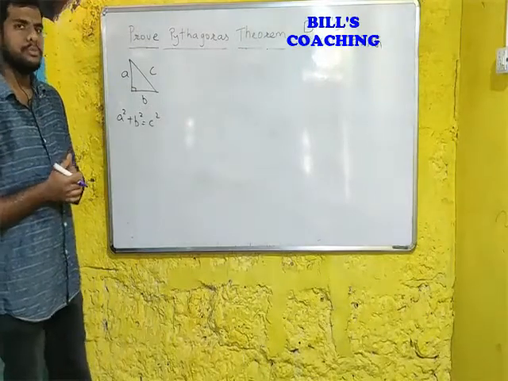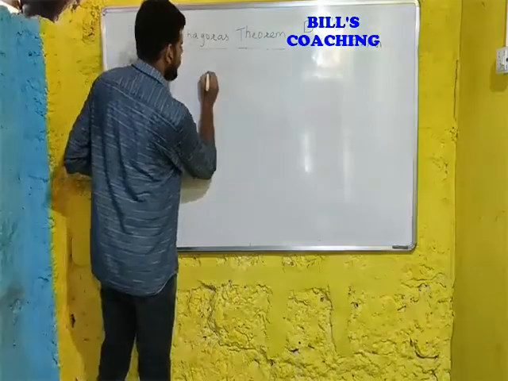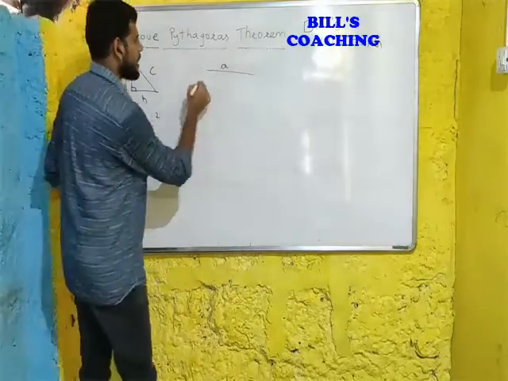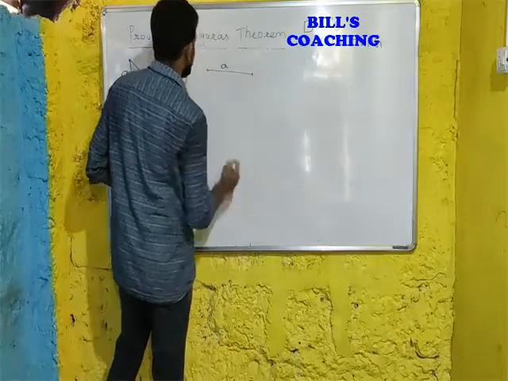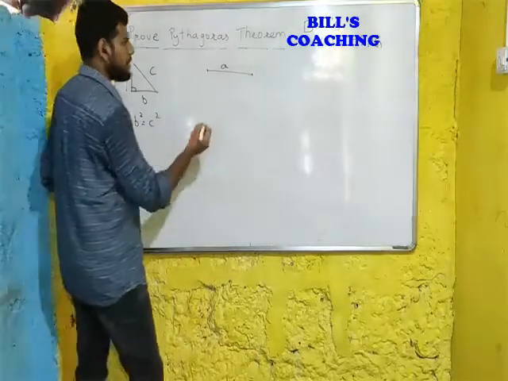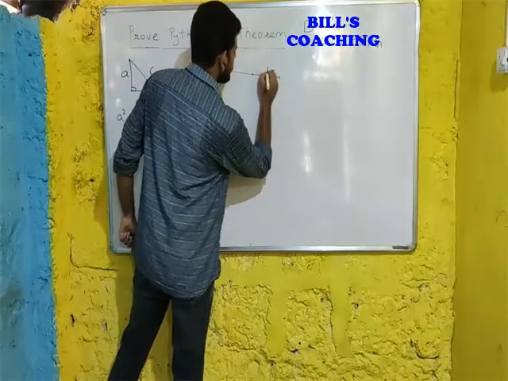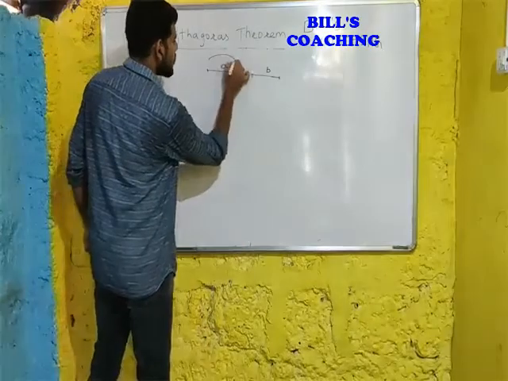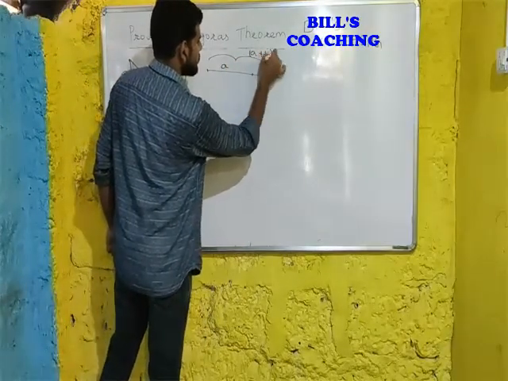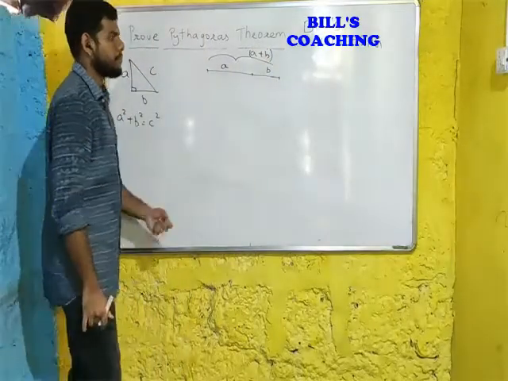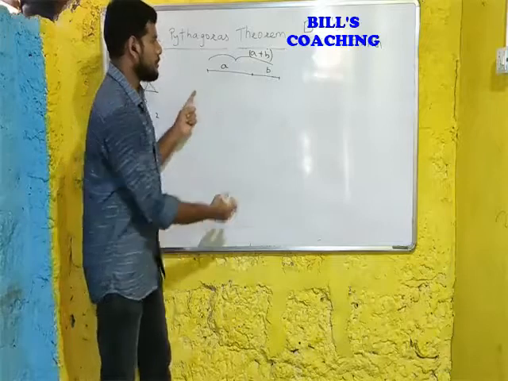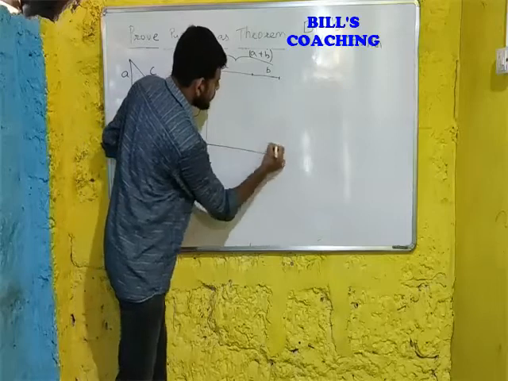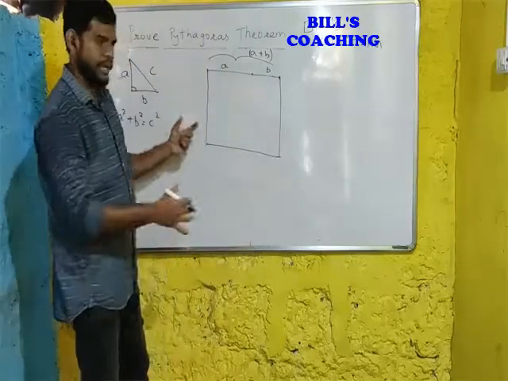So what I'll do, I'll take a distance A of any length over here. This is A. I don't know what the length is, I can take any length, so randomly I have taken this length. Now I'll draw an additional line which is B, equal to some different length. I don't know the length of this. Now this total distance becomes A plus B. Now I'll complete this square using side equal to A plus B. So this becomes a square.